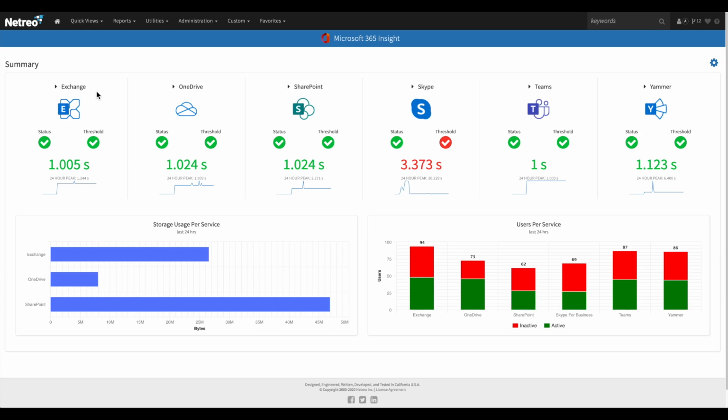Along the top of the dashboard, you'll see breakouts for Exchange, OneDrive, SharePoint, Skype, Teams, and Yammer. The top section of this display provides three types of information. First, status is reported by the Microsoft Service Communication API. Any API response that does not match a value of service operational will yield a critical alarm and generate an